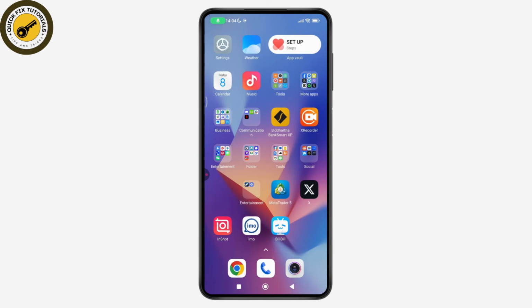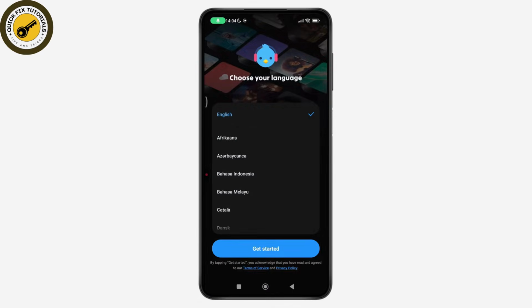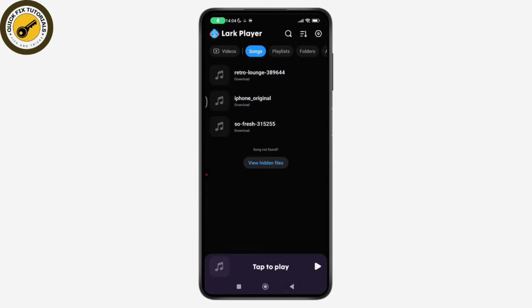songs from the internet. It only displays tracks that are already saved on your device. To use the app, you need to add MP3 files from trusted sources, which will then appear automatically in your